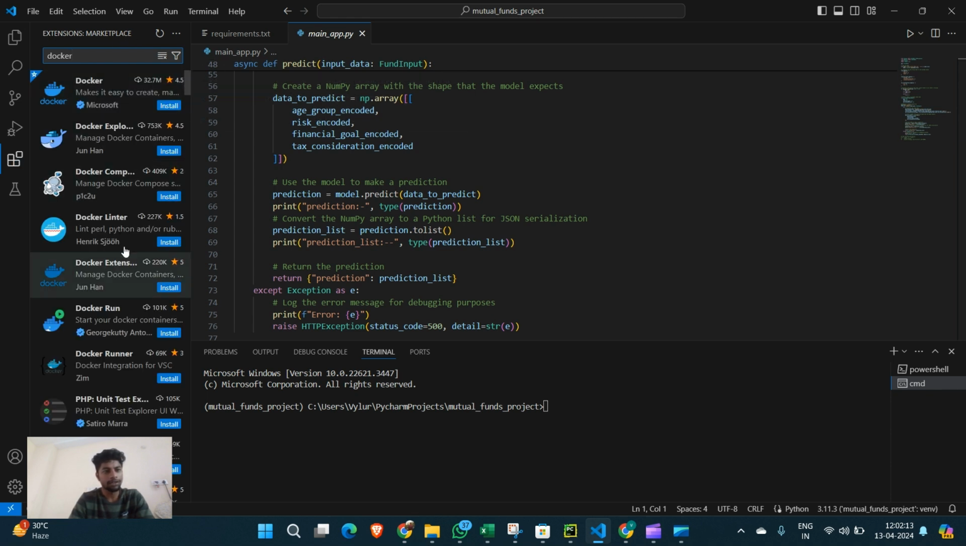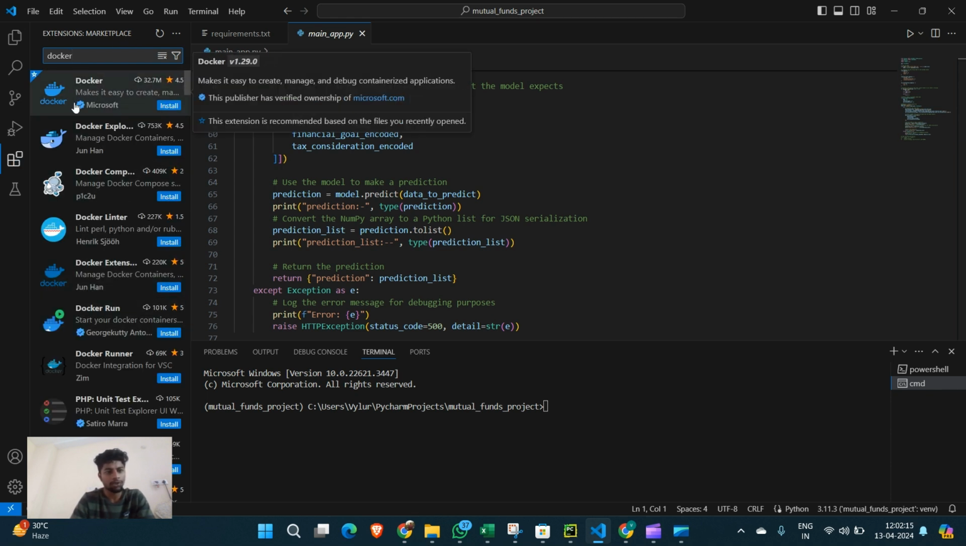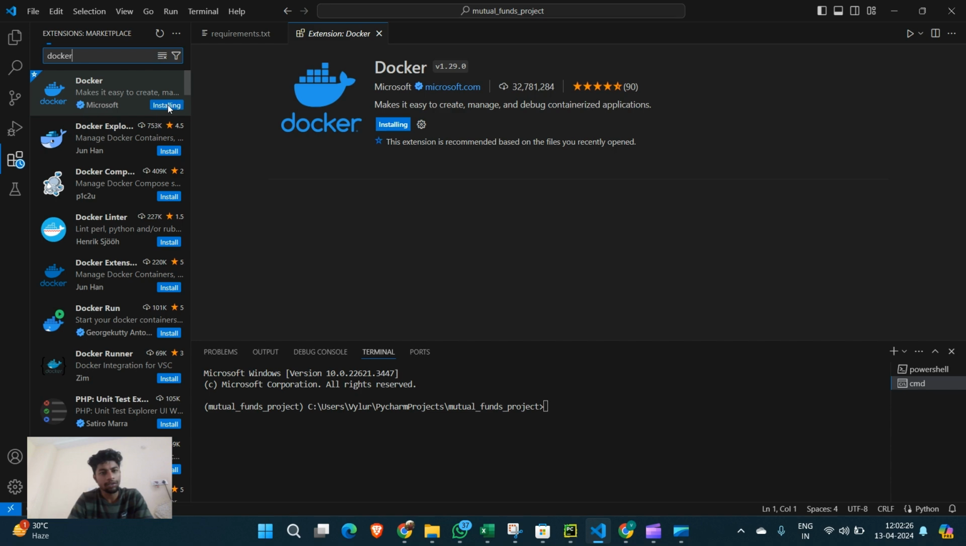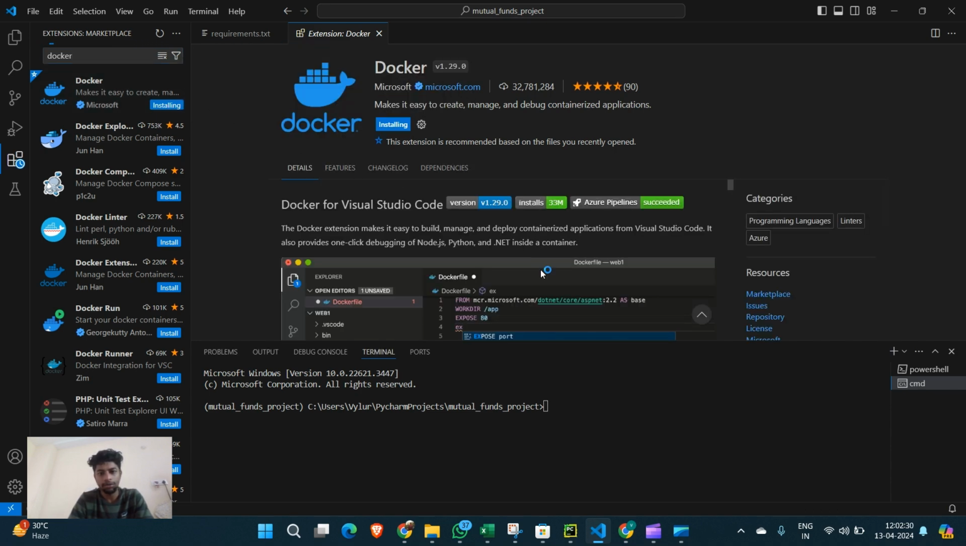See, there are many extensions that will come. You have to choose the authorized one. How can we tell it is authorized? There is a blue tick available, and you can also see the number of downloads and the star ratings. Based on that, click on this and it will take some time to install. So you can see here,